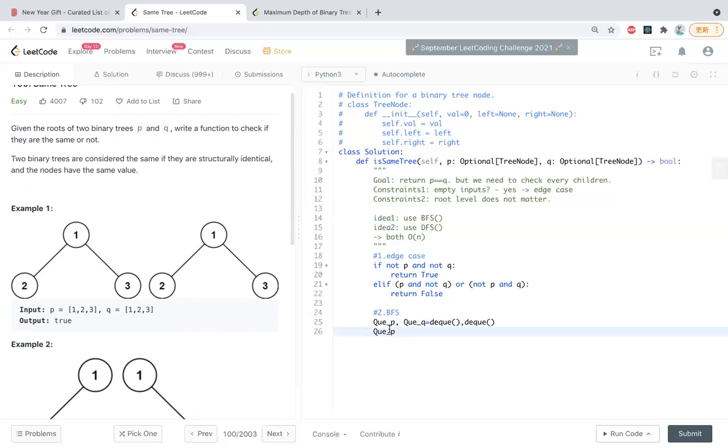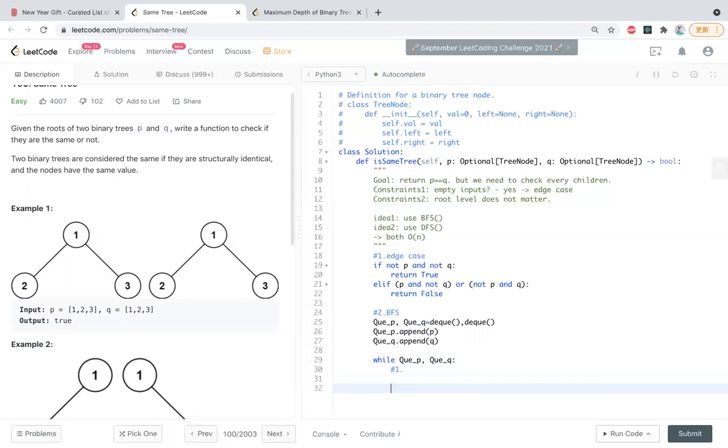Then we're gonna start with append node P to the P queue, then append node Q to the Q queue. So while we have both P and Q,